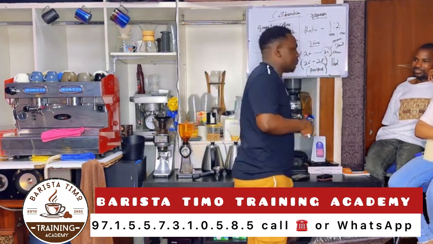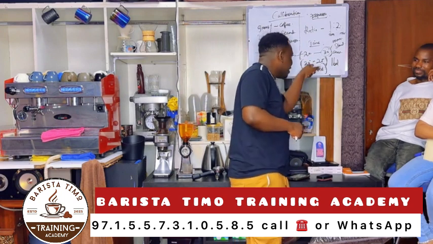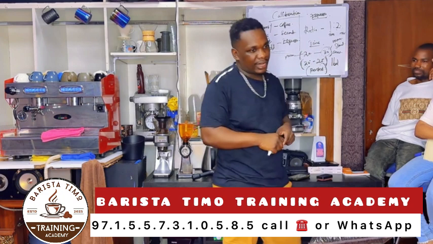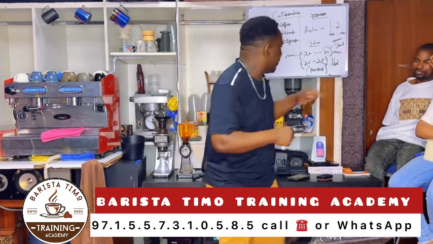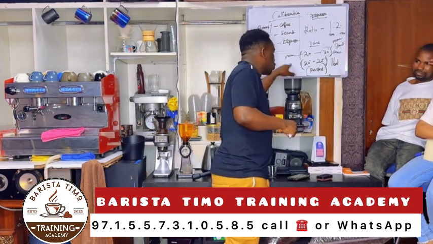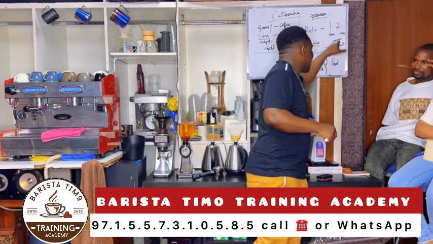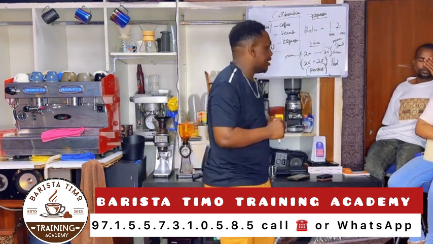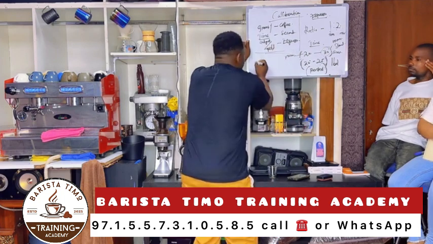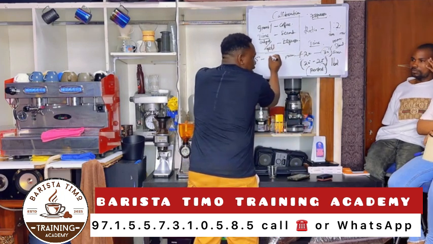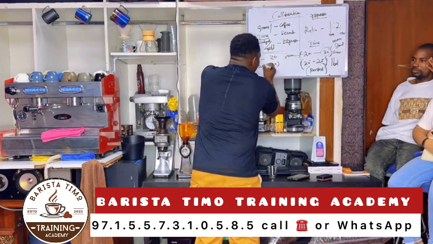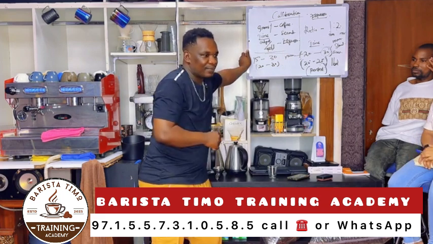This is the perfect time. This is the ideal time. But we cannot go beyond 30 seconds. It means 20. If you're below 20, it's too low. If you're above 30, it's too high. Meaning, if I give you 15 grams of coffee, how much do you have to give me? 30. In how long? 20 to 30 seconds. Simple.